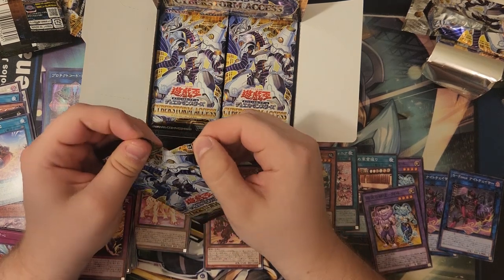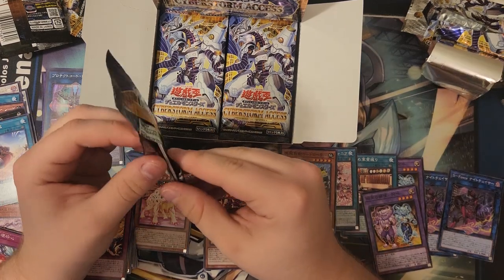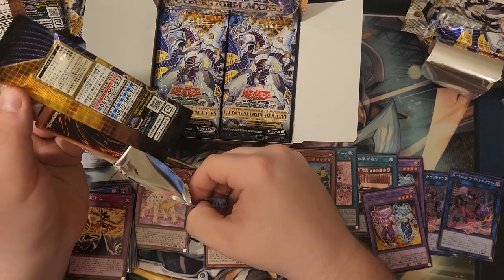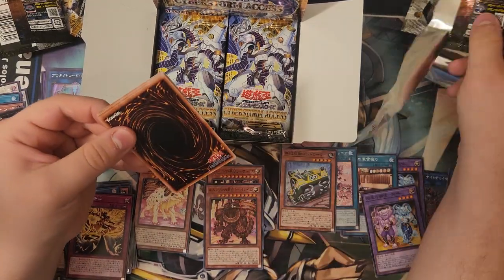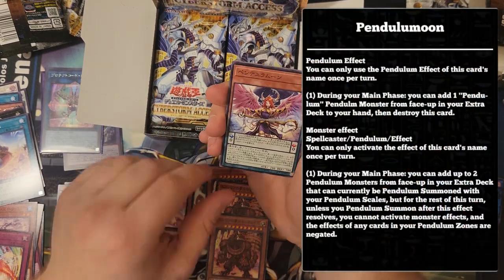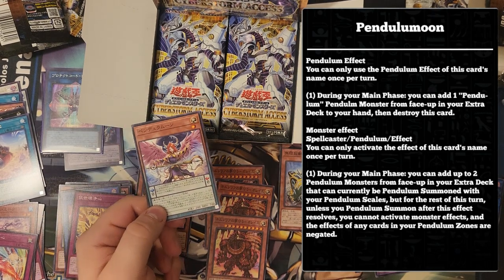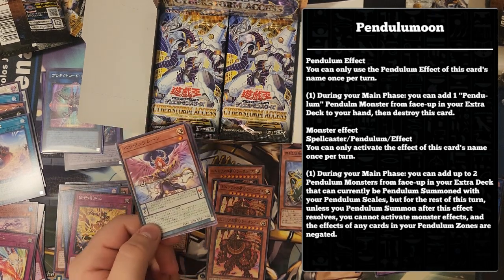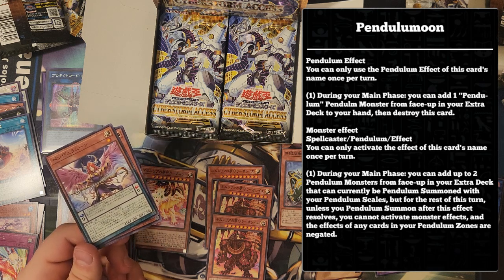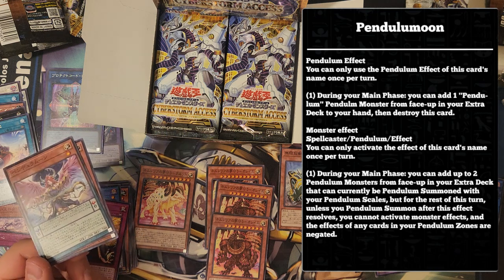Okay. That was better. Okay. Oh, I don't remember seeing this one in the leaks. What do you do? This is new. Pendulum Moon. During your main phase, you can add one face-up Pendulum monster from your extra deck to your hand, then destroy this card. Okay, it's kind of whatever. What's its